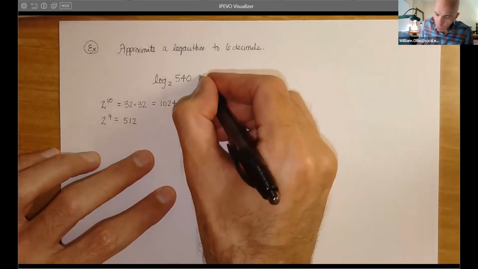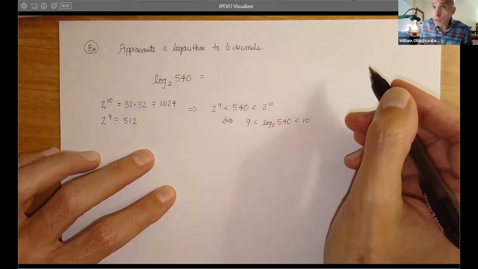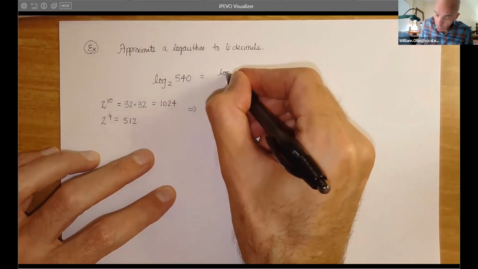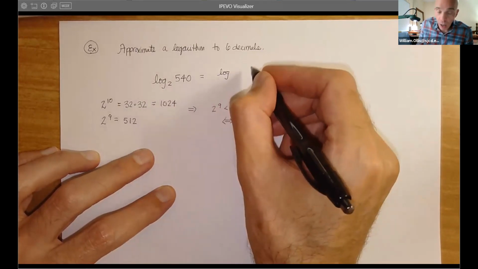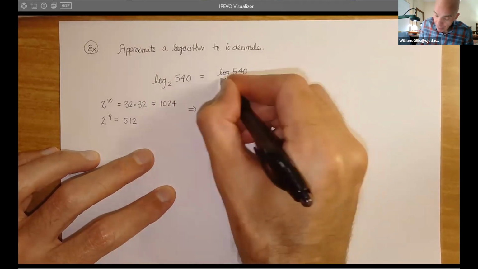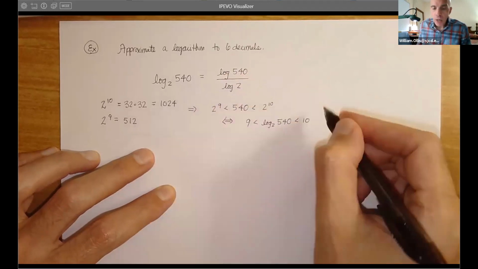So now here's what we can do. You can use base 10 or you can use base e. Let's use base 10 because we know that's on the Google calculator. So log base 10 of 540 divided by log of 2. Now, when you use your Google calculator,